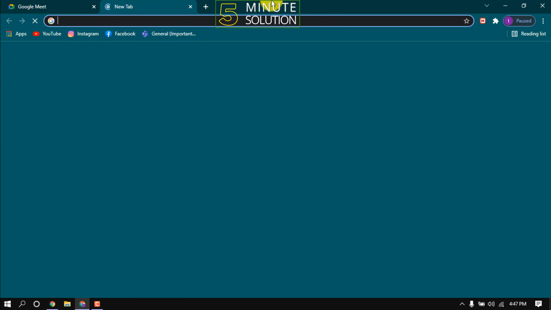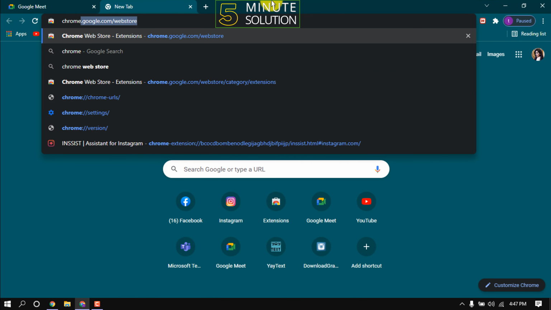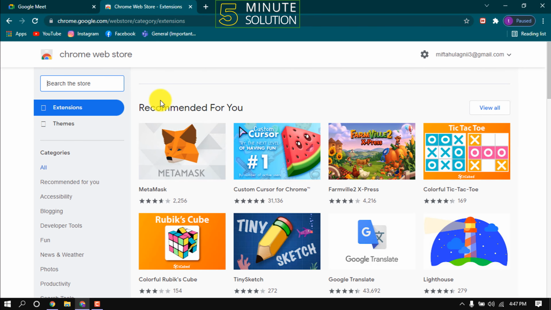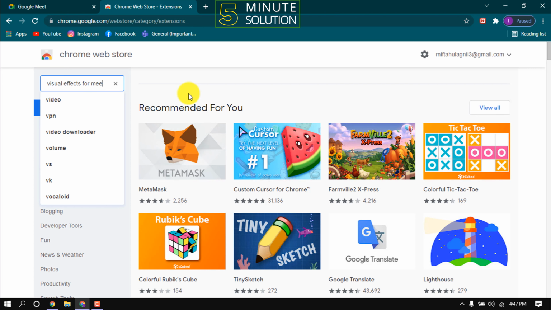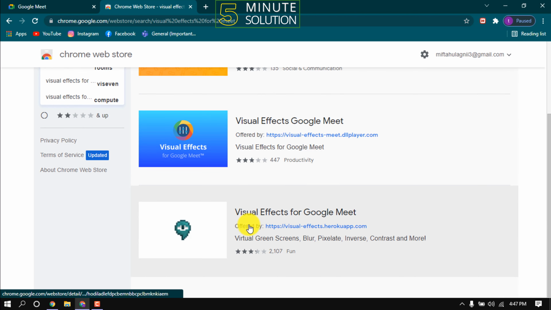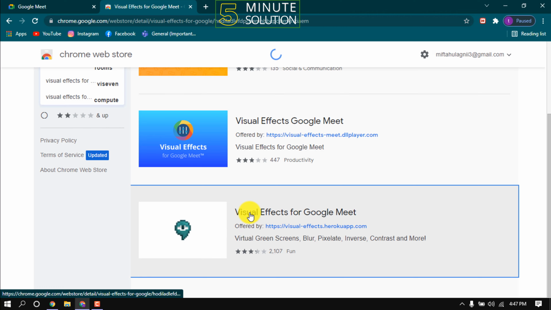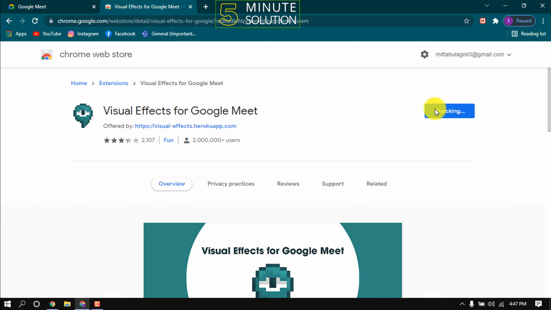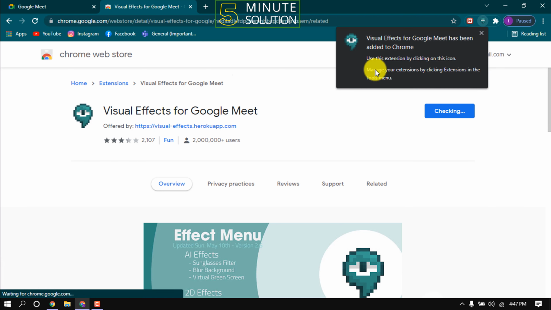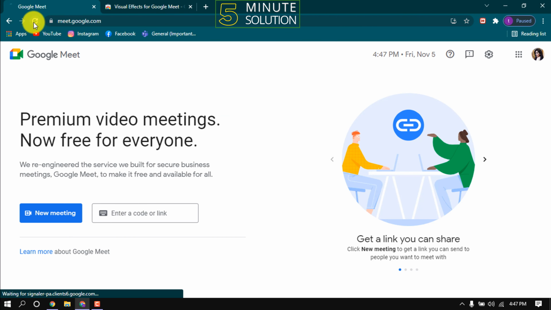First of all, open Chrome Web Store and search here Visual Effects for Meet. And then open this extension and click on Add to Chrome, Add extension. After adding, refresh your Meet tab,